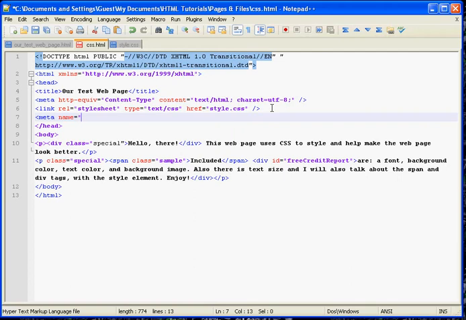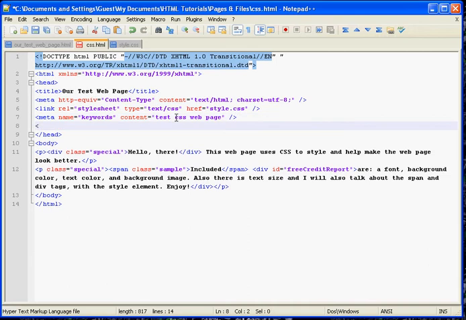And so if we have meta name, how about keywords, which is a common one, and then content equals, and then our same little content attribute we have here as we have here. And so then our content could be test CSS web page. And so what the meta with the name of keywords does is that it gives keywords, and search engines such as Google will read these keywords and then index your page just as you have them here. It'll index your web page under